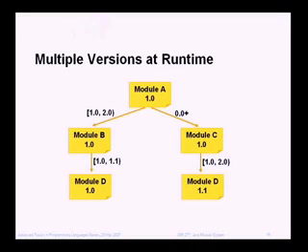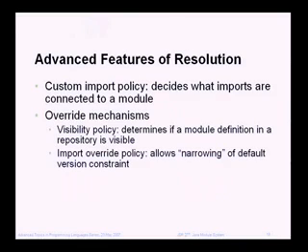So what can you do? Clearly, the person who wrote the code and created the module cannot do much about it because B and C can be deployed by someone else potentially. It's completely outside of their control. So there's nothing you can do. But once you have deployed everything in the system, there are some things you can do because you know all the repositories, you know the content, and you can tweak somehow how the imports are being resolved. And this will lead me to the next slide, which shows some advanced features of how we can control what